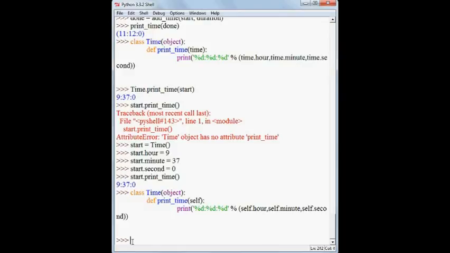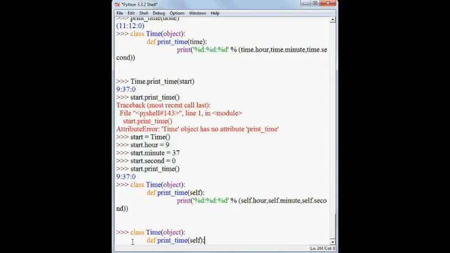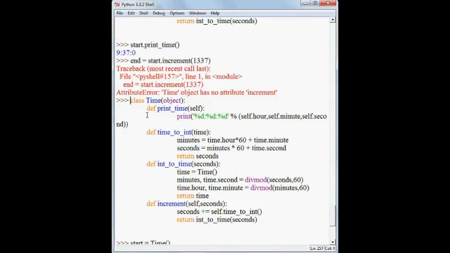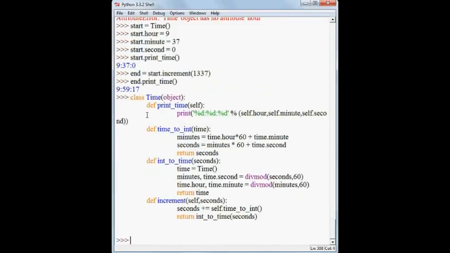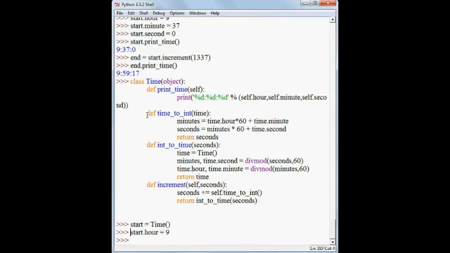Here is another version of the increment function which we declared earlier. Now I am going to define it inside the class. Just let me type it out. So our new class is this, and I have to reassign the object start to time,